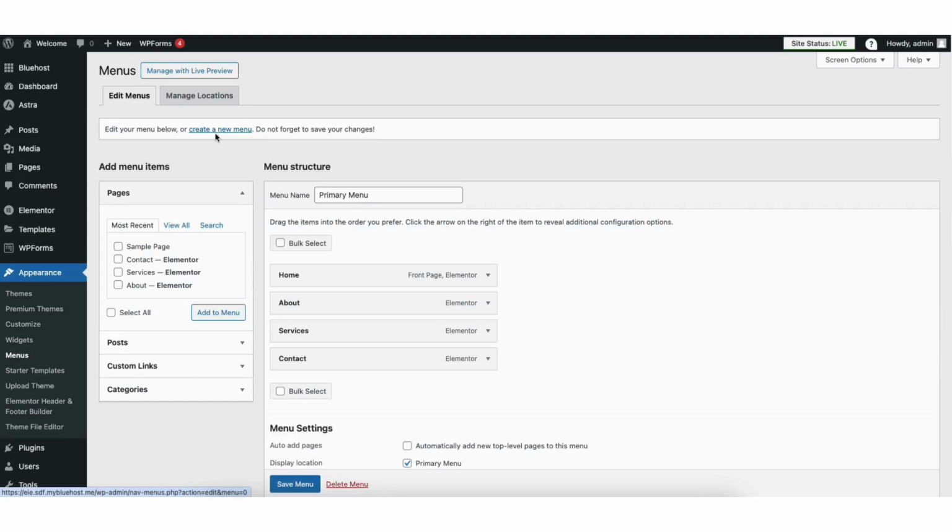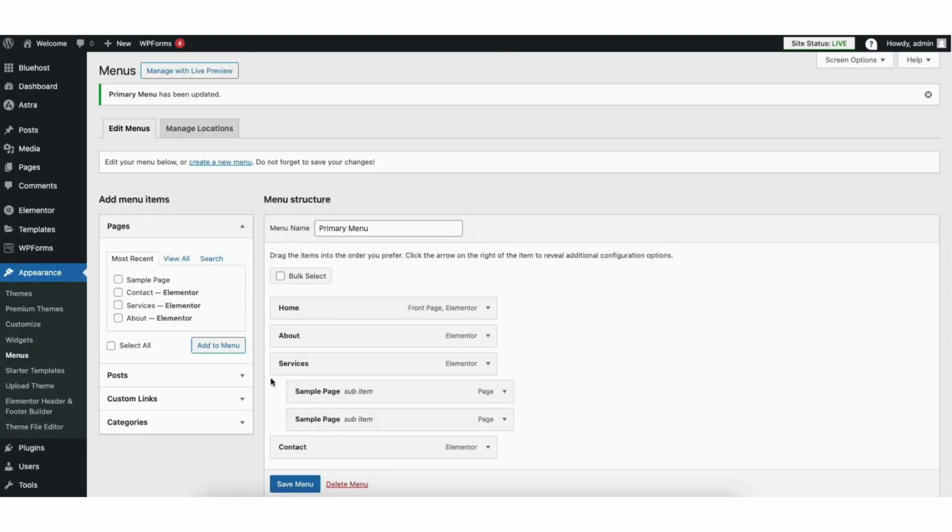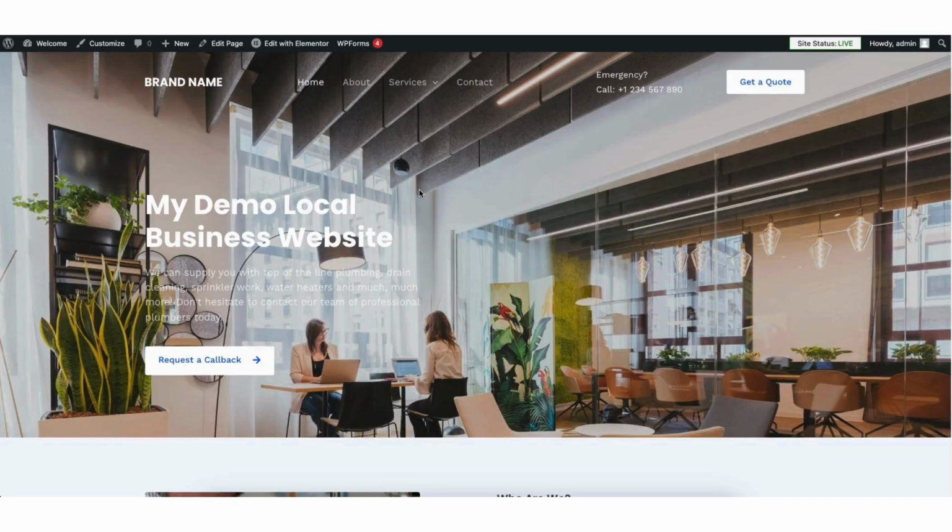If you want to have sub-menu items show in the menu, just add the items to the menu and place it a bit to the right or in the menu name you want it to show under. I'll add a few under Services. I'll click Save Menu. I'll now pull up the view of my site, and you now see these sub-menu items showing in the menu under Services. You'll notice it doesn't show and it's just white.